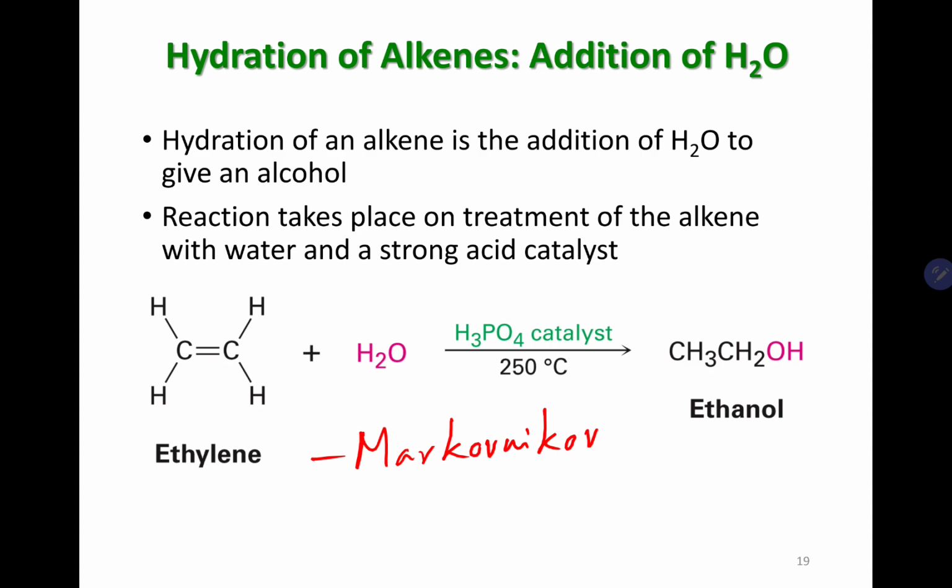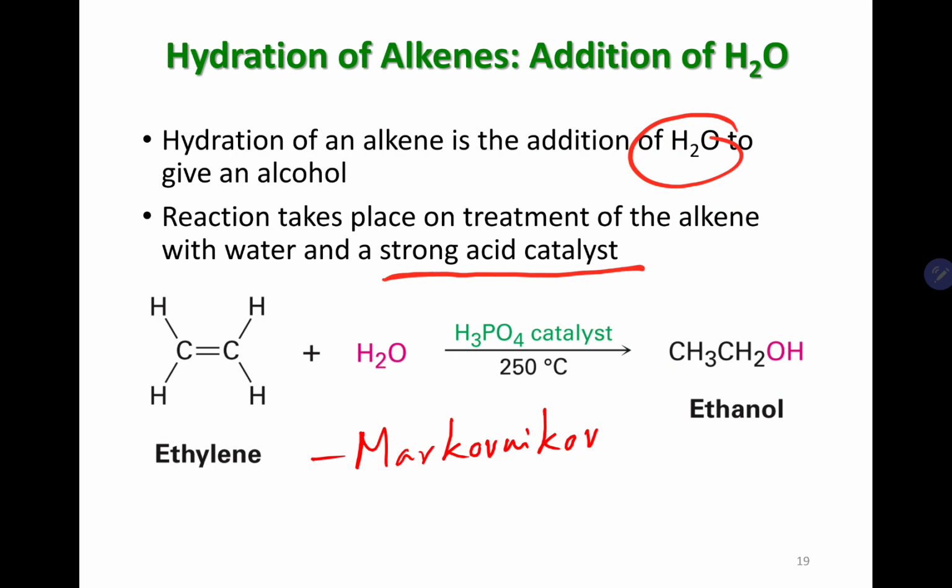So basically, hydration of alkenes, or addition of water into alkenes, can be done in three different ways. And of course, the first method that I'm going to discuss for the hydration of alkenes involves water for hydration, of course, and then a strong acid catalyst. The typical strong acid catalyst that we usually use is phosphoric acid. So you can use phosphoric acid as the catalyst, and you might need a little bit high temperatures for this